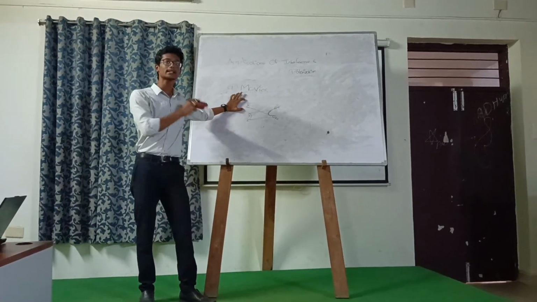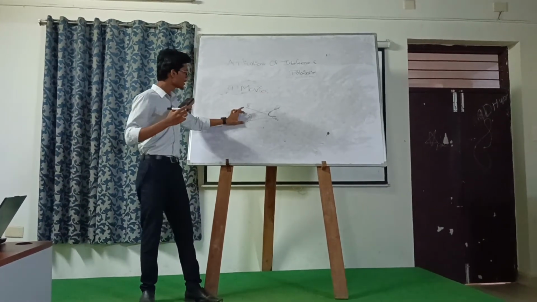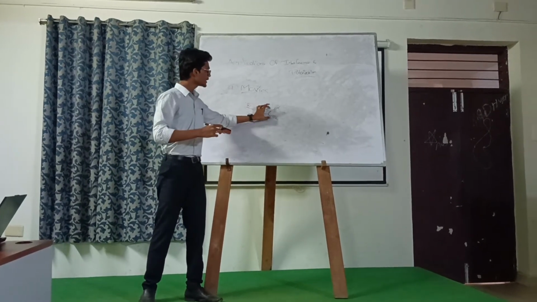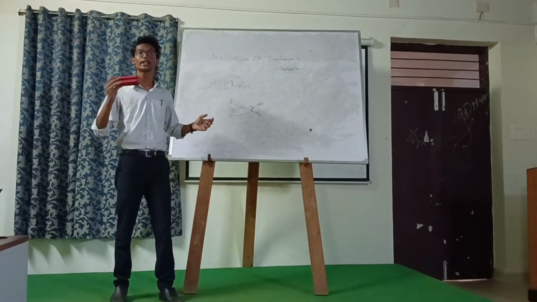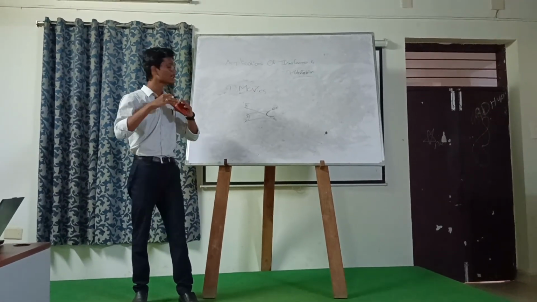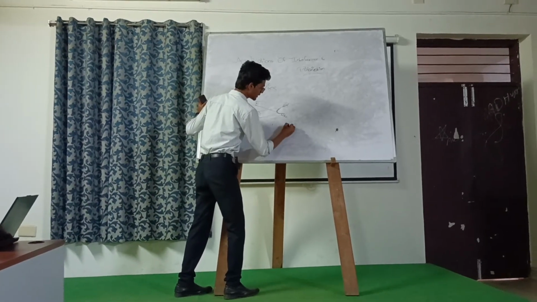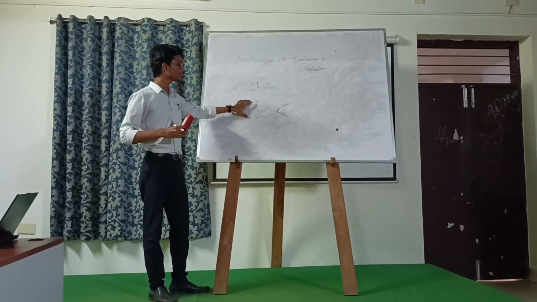Eye 1 sends different information to the brain, and eye 2 sends the different information that eye 1 cannot see. The brain collects these two different pieces of information and creates a three-dimensional picture of the face, and the brain shows the three-dimensional face like this. This is the replicating of the two eyes.